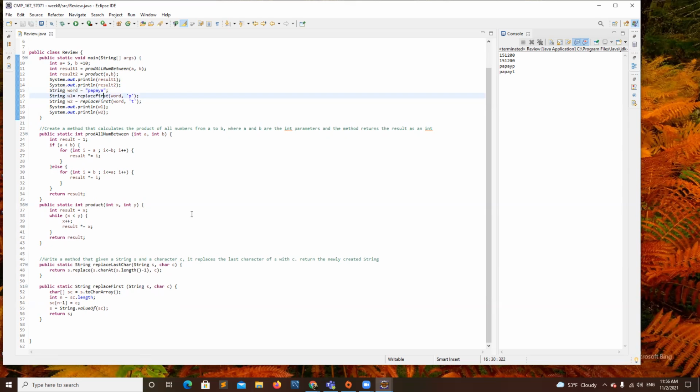Oh, wait a second. Sorry, guys. Didn't mean to say replace first. The last character. It should not be working correctly when I have papaya. You see? The A is going to be replaced, all of them.